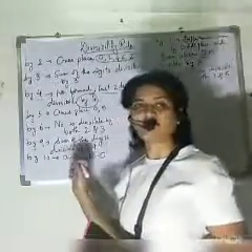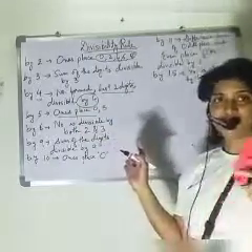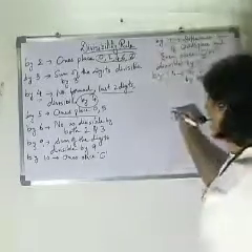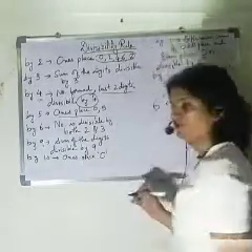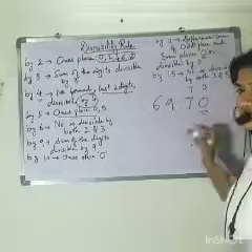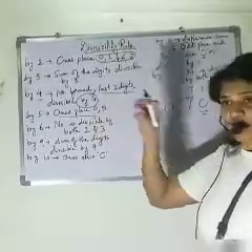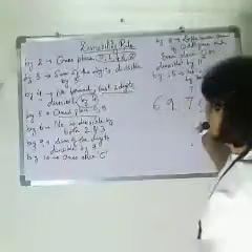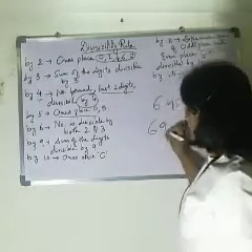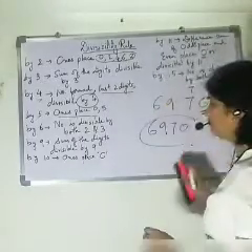Next, simple. How will you check if a number is divisible by 5 or not? At the ones place, the digit needs to be either 0 or 5. Let me give one example. 6970 is the number. Here, this is the ones place, tens place. Now, at the ones place, what is the digit? The digit is 0. So, according to the rule, if the ones place is 0 or 5, then the number is divisible by 5. Since it is 0 at the ones place, that means 6970 is divisible by 5. Done. Now, next one.